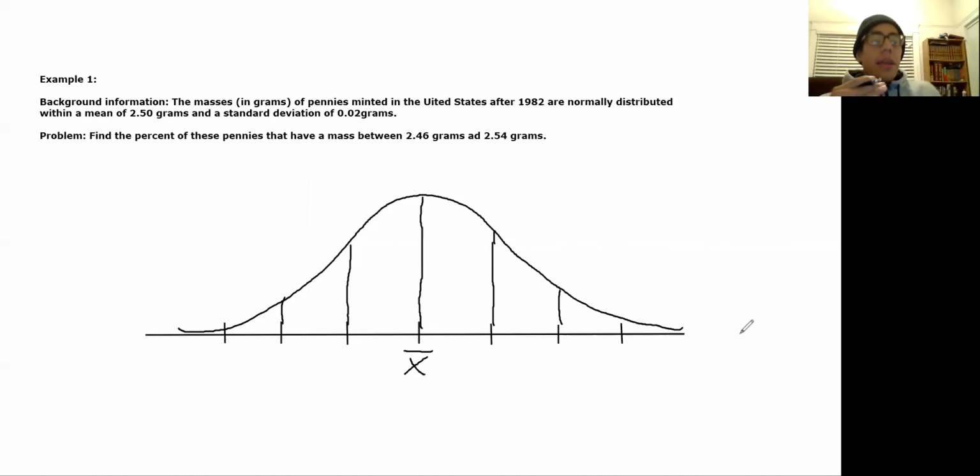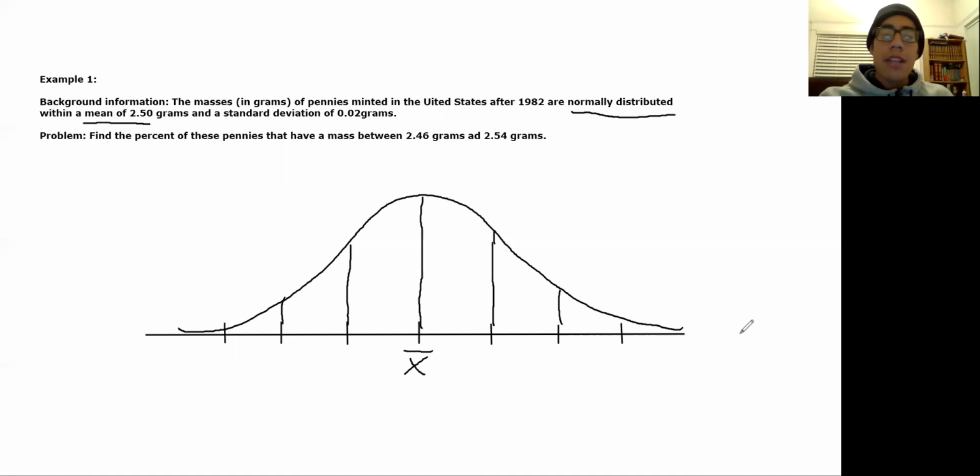What can you expect? The first thing is there's background information, right? The background information reads, the masses in grams of pennies minted in the United States after 1982 are normally distributed. This term, normally distributed, just means that it fits on this normal curve. And you don't really have to worry about it. All the problems you're going to do are going to be normally distributed, okay? Anyways, they're normally distributed with a mean, and you see right here, we have a keyword, mean of 2.5 grams,